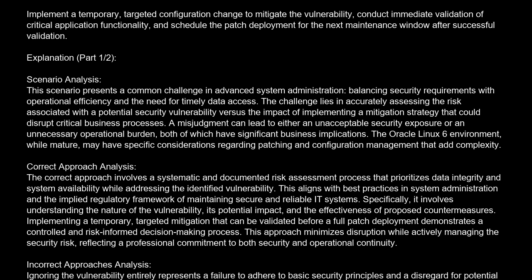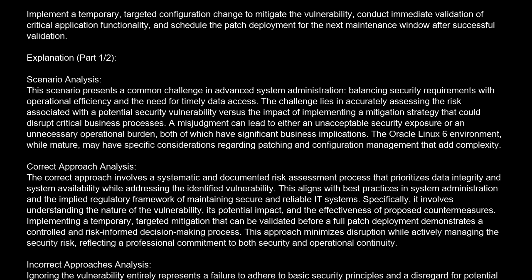The challenge lies in accurately assessing the risk associated with a potential security vulnerability versus the impact of implementing a mitigation strategy that could disrupt critical business processes. A misjudgment can lead to either an unacceptable security exposure or an unnecessary operational burden, both of which have significant business implications. The Oracle Linux 6 environment, while mature, may have specific considerations regarding patching and configuration management that add